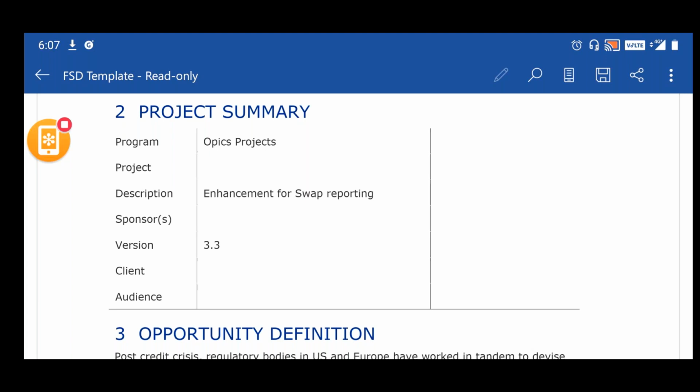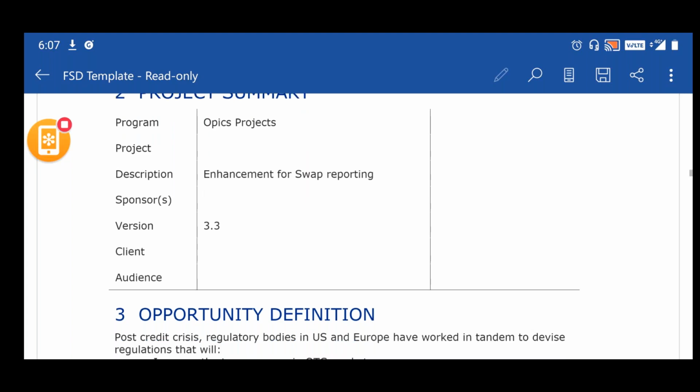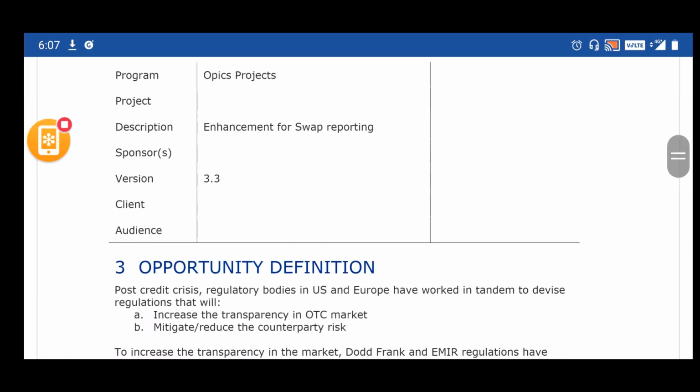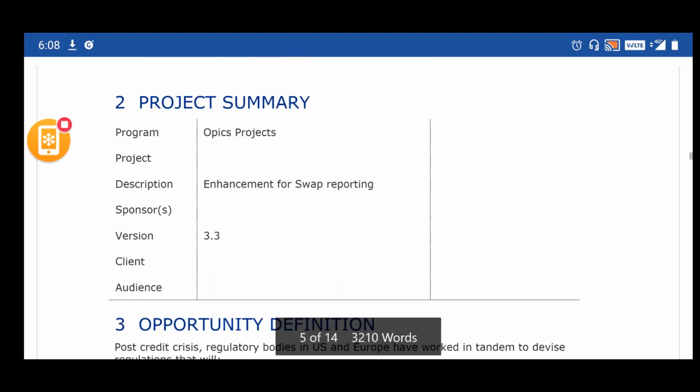What is the version? And who are all the clients and who are all the audience? So the program name, project name, description, sponsor, version, and the clients and audience for the application are defined under the project summary.